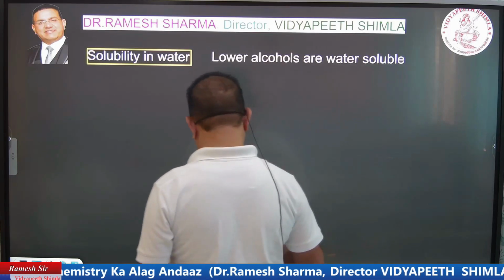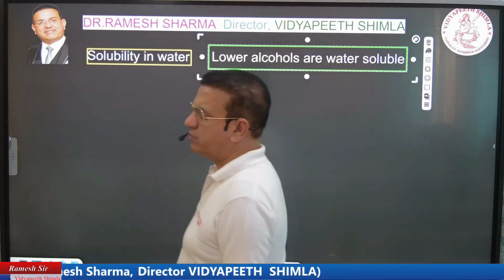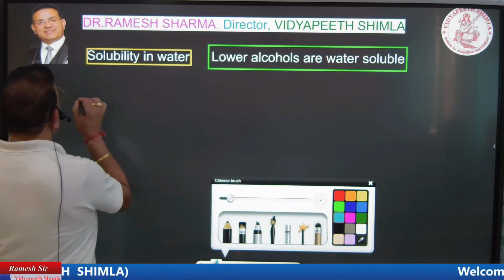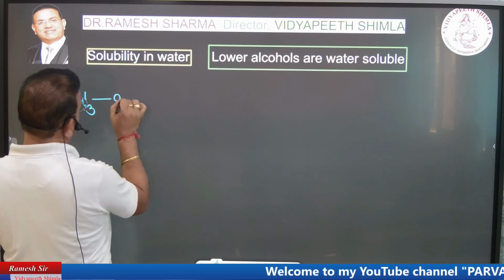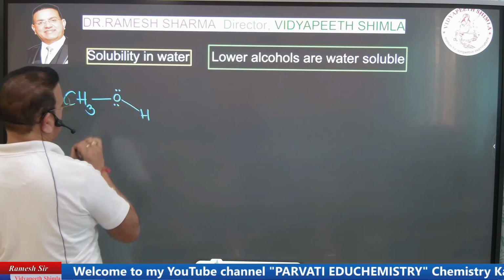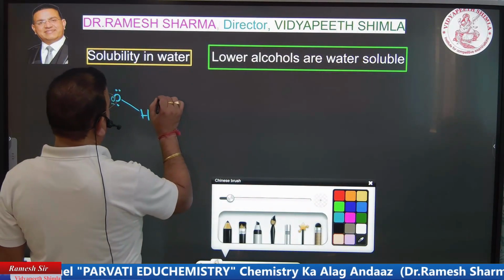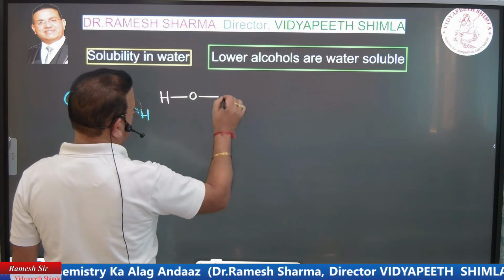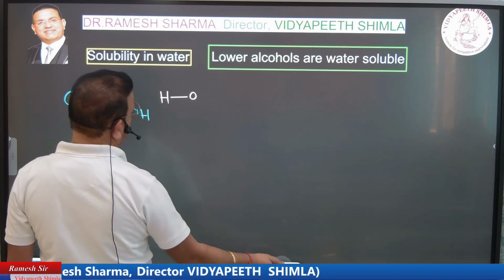But as we move towards higher alcohols, the solubility decreases. The reason is here. We have alcohol CH3OH, when it comes in contact with water, which is bent in shape,